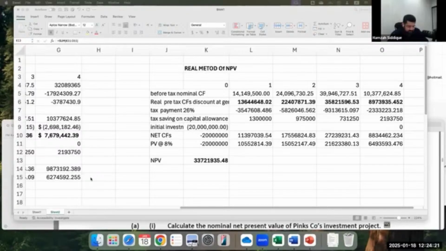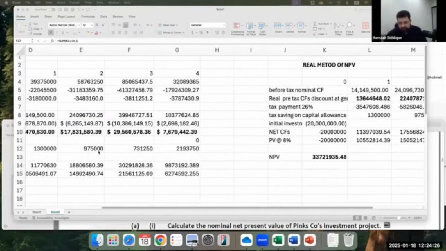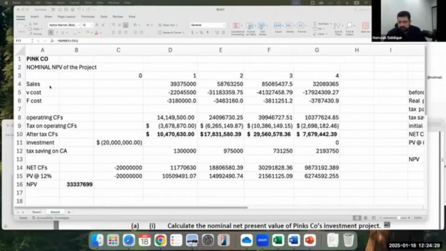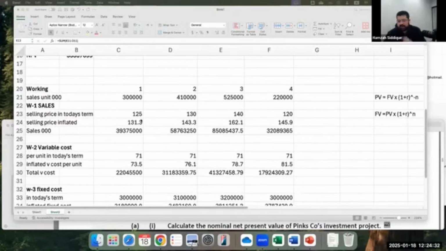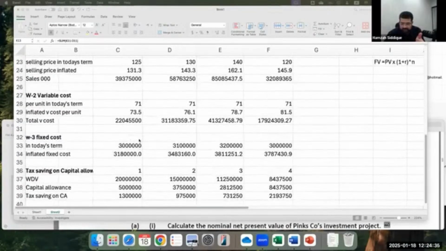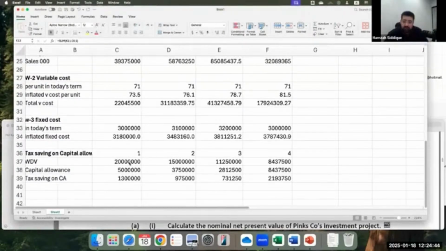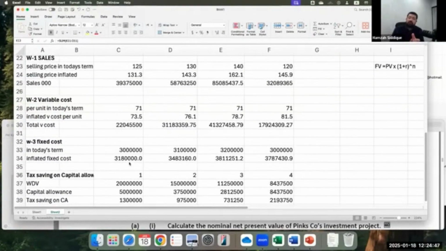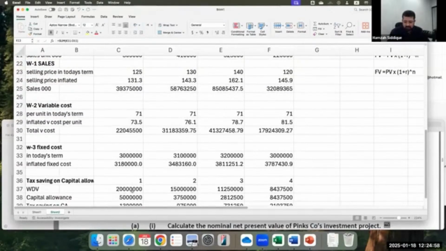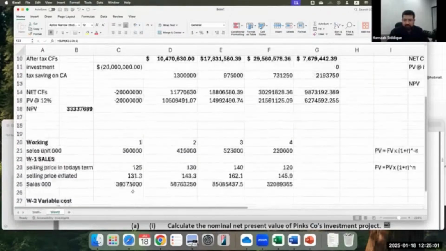Once again, I will be giving you a quick overview. The quick overview is here in front of you. We inflated all the cash flows with the relevant inflation rates. We calculated tax saving on capital allowance by putting the full amount. Because when you do rounding off, you have to do rounding off in all or not at all. If you choose not to do rounding off, this actually creates problems, just like it created for us today. Even I wrote 20,000 here as well, which I corrected later on, 20 billion.